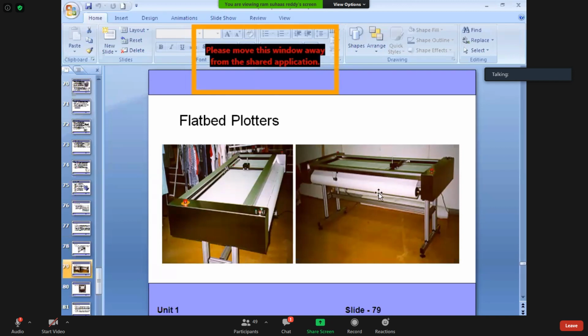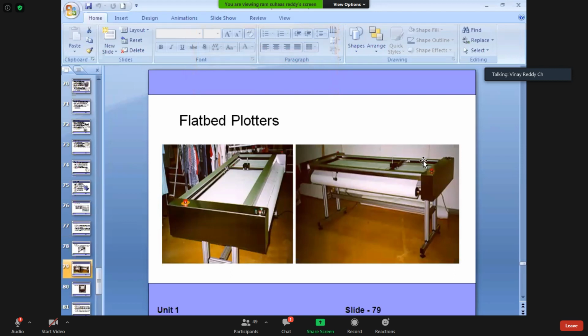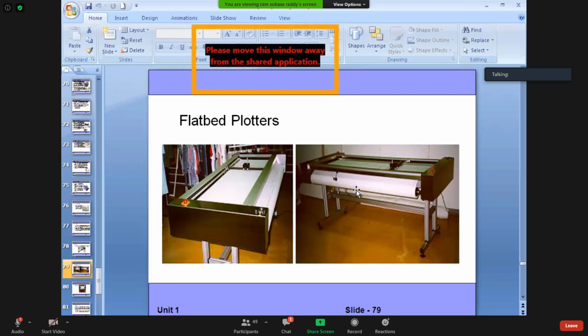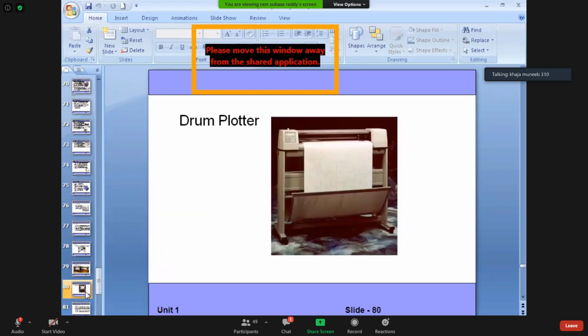Yes, sir. And the paper, the whole sheet will be rolled onto it, and once it is printed, on the other side the same kind of roller will catch it. How much is unwound from this roll, the same will be wound on the other side after printing. Similarly, all these big flexes, everything will be done in the same fashion. Is it clear to all of you? Yes, sir.